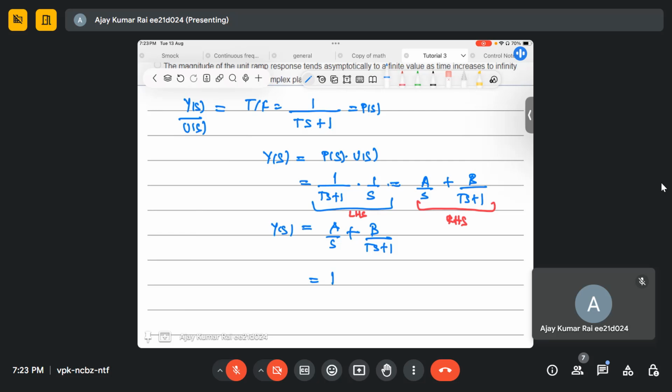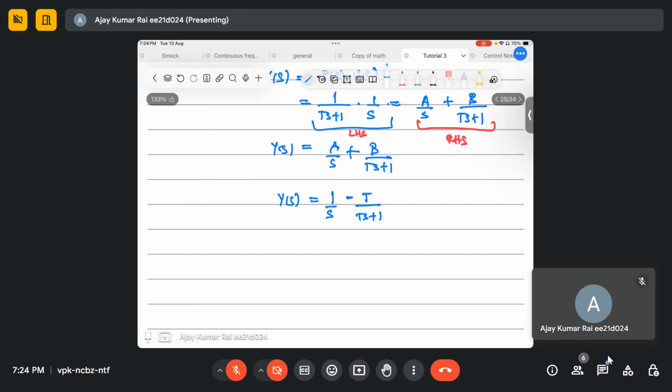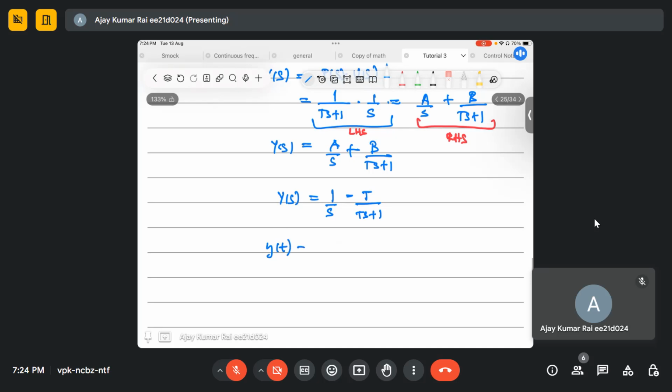Similarly, do the same thing with B. Multiply both sides by Ts plus 1 and put s equal to minus 1 by T. If you put that, you will get minus T. So Y(s) is 1 by s minus T by (Ts plus 1). Simple. So the inverse Laplace transform is 1 minus T into,